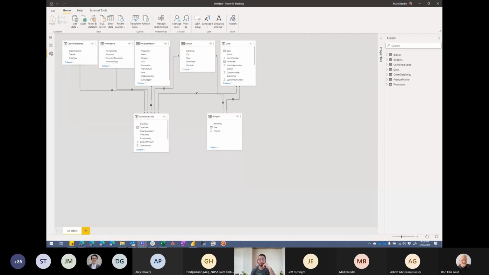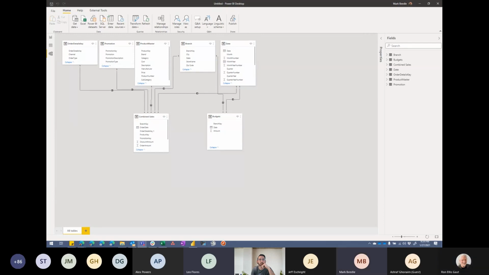Yeah, so it's actually more of a comment, but I noticed that when Mark was making all his dimension tables, he was duplicating the table and then removing all those columns. And I just watched a video on doing something like that, but instead of actually duplicating the table, they just did a group by using that table, and they did a group by on the columns that they wanted in the dimension table.